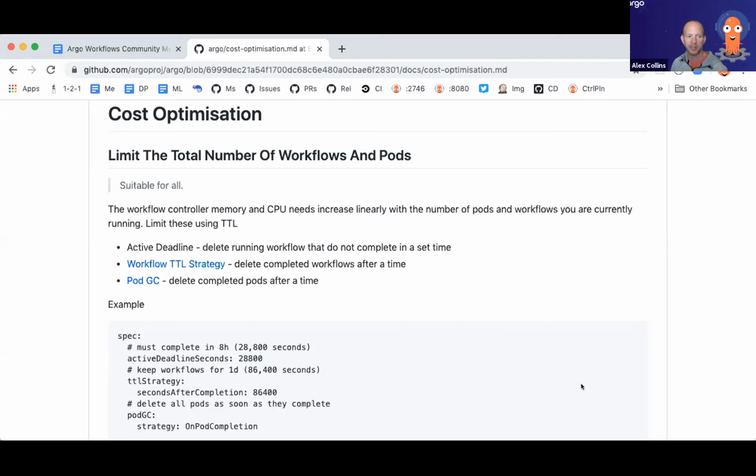And the reason you want to do this is that even though when a pod is complete it uses less resources, it's not completely cleaned up. There is a downside to each of these settings. The downside is that if your workflow or pod has failed, then deleting them will obviously potentially remove some of the useful information that you might want to have around failure. If you're like us, you probably archive the logs and all your artifacts automatically, and you can delete them on completion, but what you would want to do with that can vary.